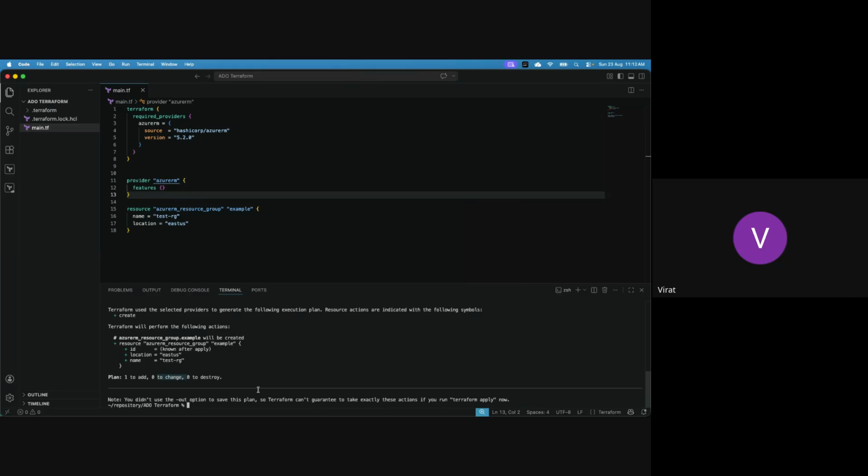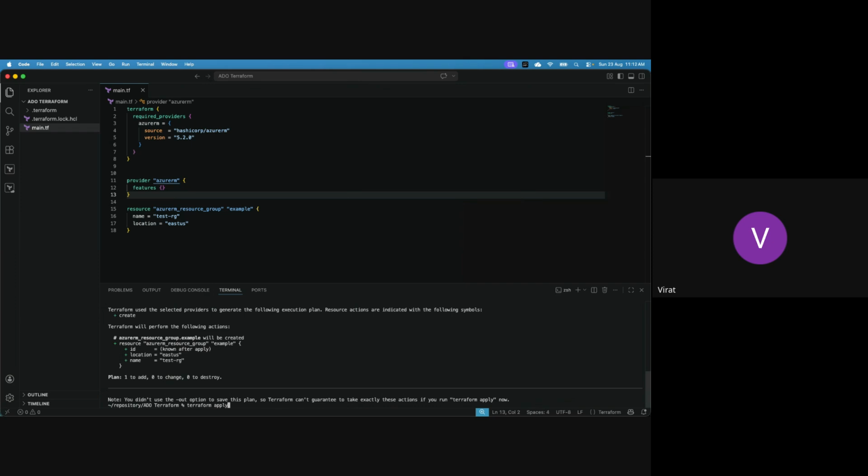As in the very beginning of the session Aradhya said, and I also discussed, we can use Terraform to modify or maintain the resources as well. Few things that we can change, we can change. That's why it says zero to change, because we are not changing anything over here, and zero to destroy. It means it is not deleting any resource. So once this is done, I can put the command Terraform